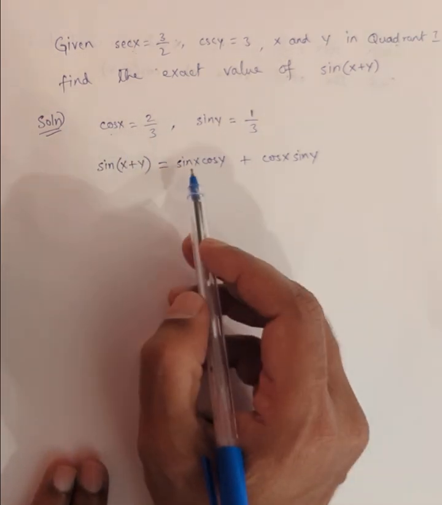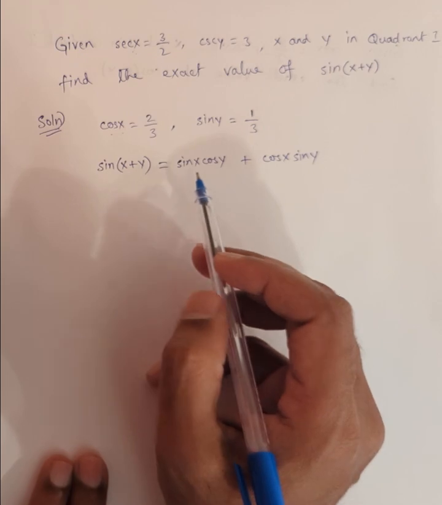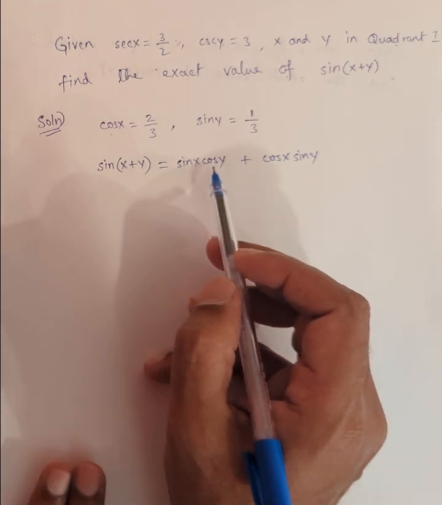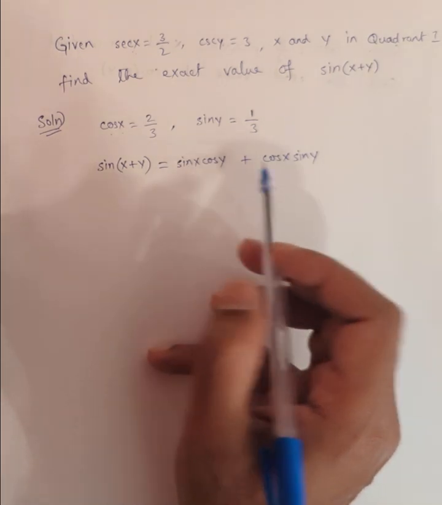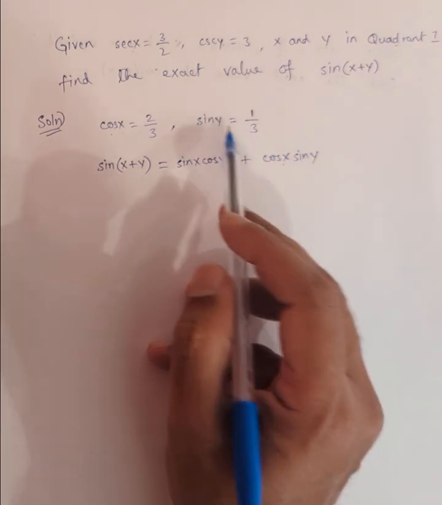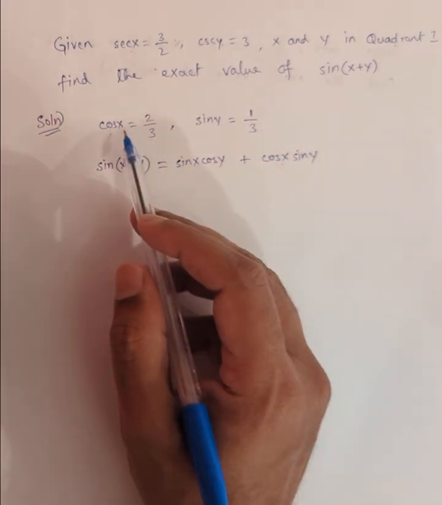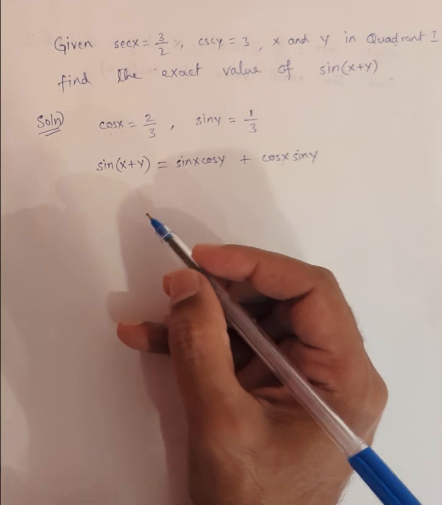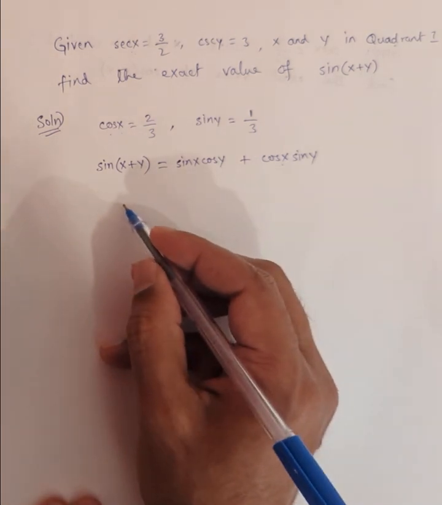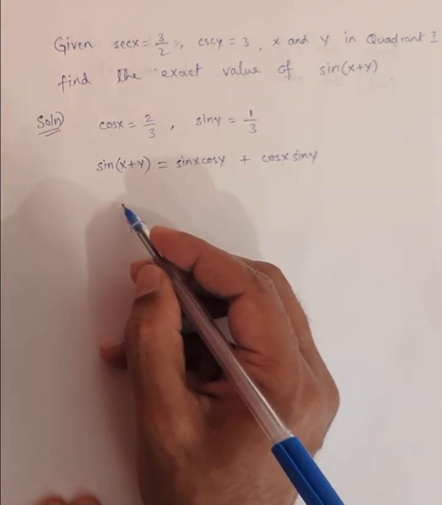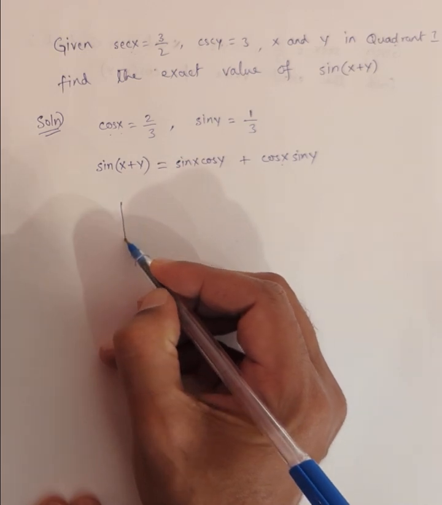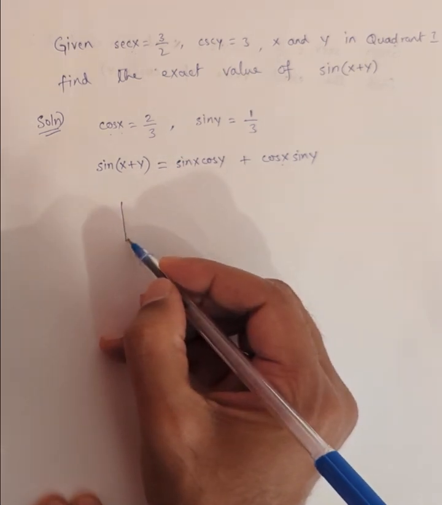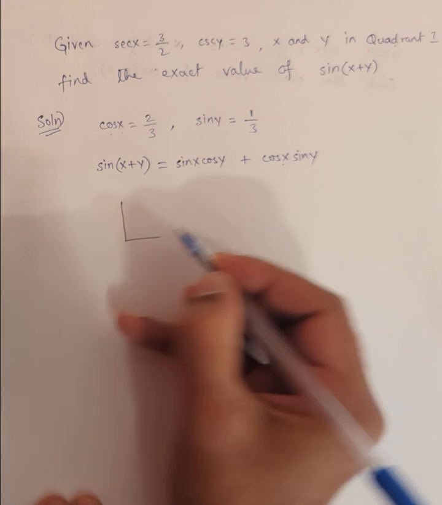So I don't see sin x here, but I need that. And I don't see cos y. I have cos x and I have sin y. So from this information, cos x equals 2/3. What I want to do is construct a right triangle. And if cos x is 2/3, that means